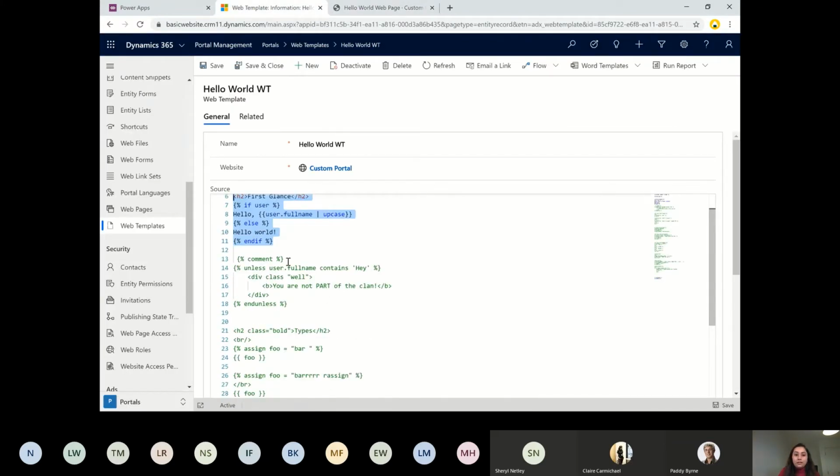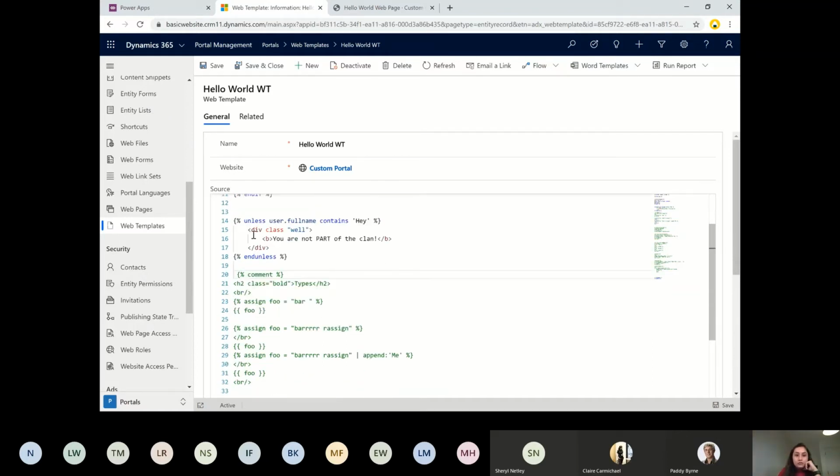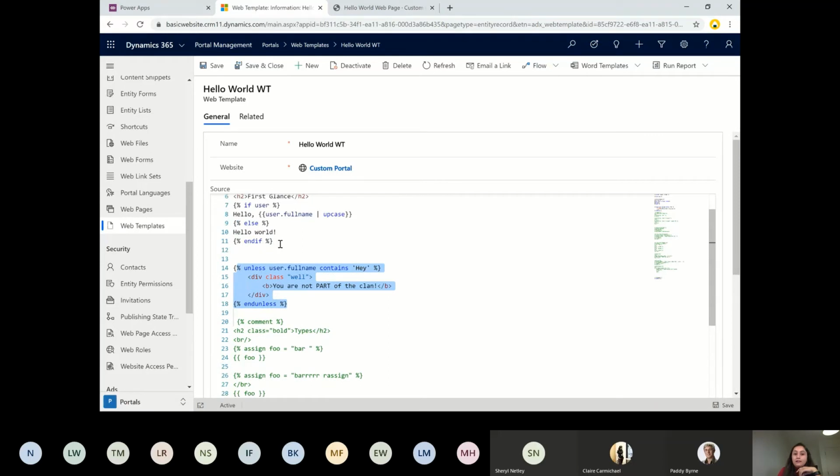Let's uncomment a few more lines of code and go ahead with some data types and see how it works. So let me uncomment. In the next few lines, unless is just the opposite of if. If we have multiple conditions, we write if, this is not this, print something, and else. But if you have just one condition where you say something is not equal to this, please print this. So unless user dot full name contains hey, definitely my name does not contain hey, so it's going to come here and print something. And if I say Mini, it's not going to print anything because my name contains Meena. So let's save it and see how unless works.